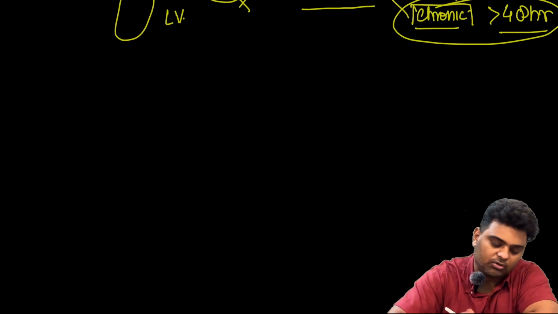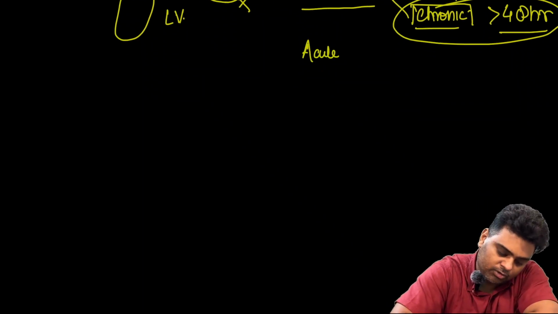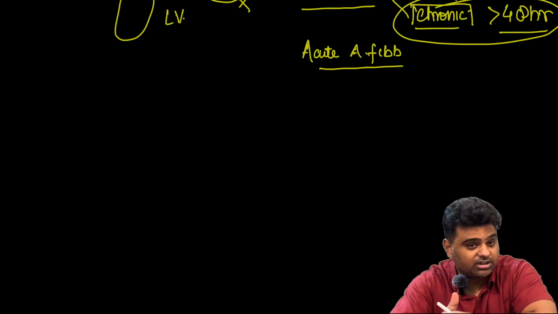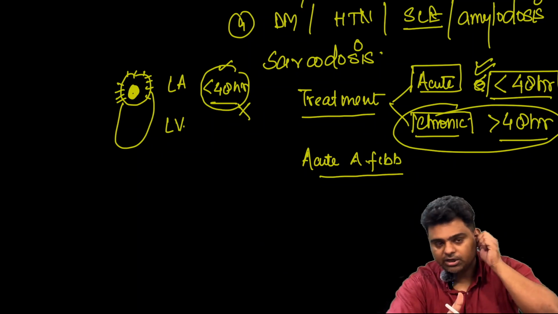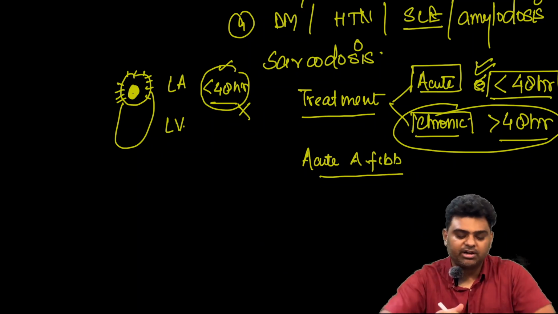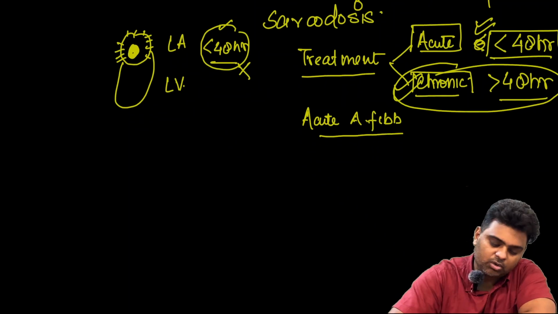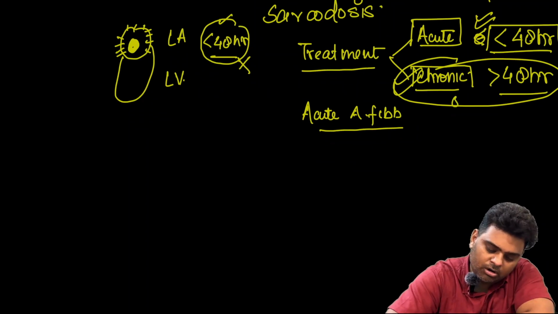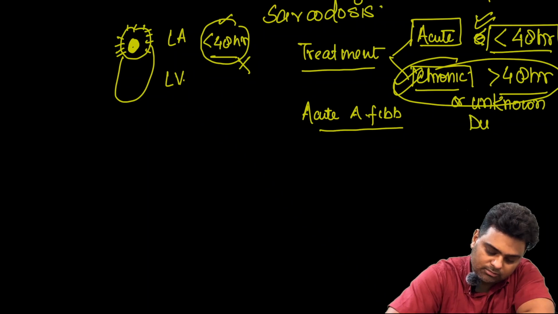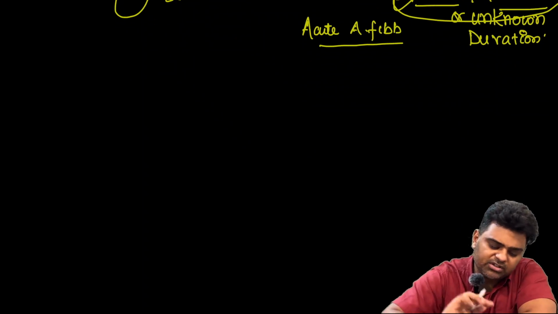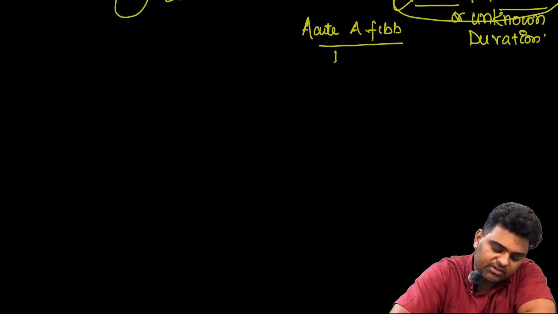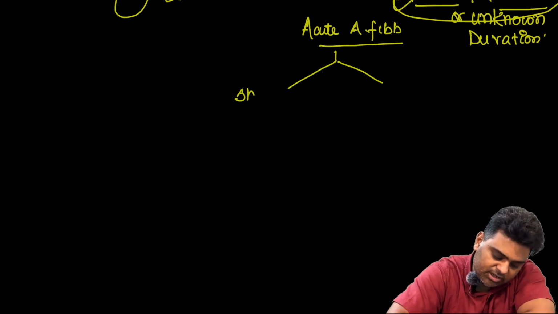So now, if there is an acute atrial fibrillation, we consider that clot is not formed. If we don't know the duration of the atrial fibrillation, then we take it as chronic. So chronic is more than 48 hours or unknown duration, because we don't know the duration. Now, if it is an acute atrial fibrillation, we see whether the patient is in shock or not. If the patient is in shock,